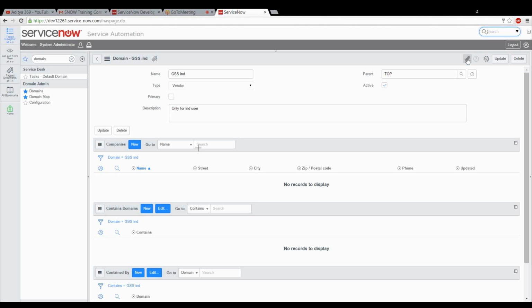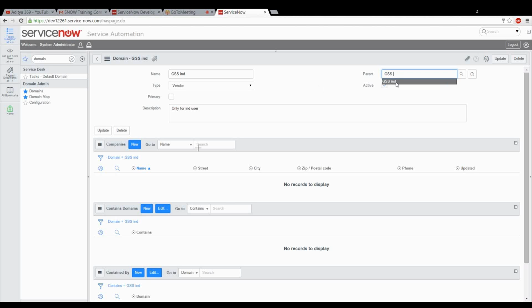Just give GSS. Remove the top and give GSS. Hit tab. Yeah, I think that's a good alternate idea. I remove the parent top and give GSS as a parent. Just type GSS. Click on parent and type GSS. Hit tab.